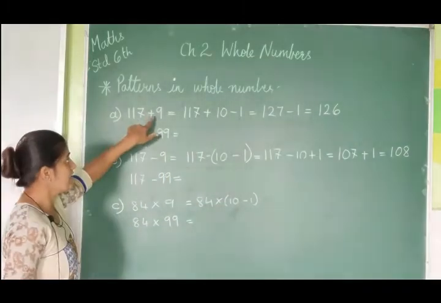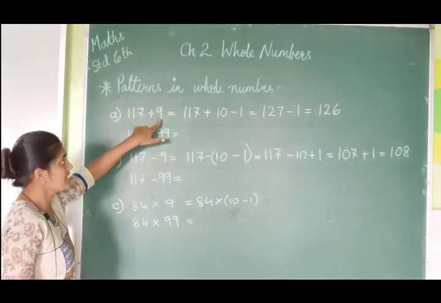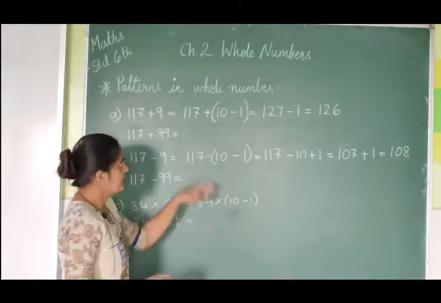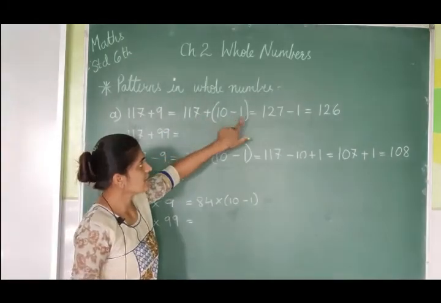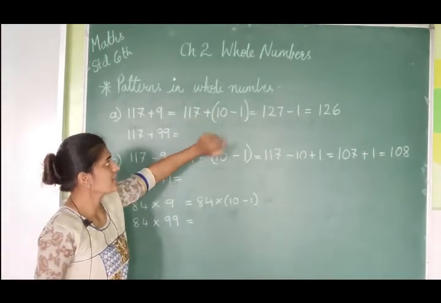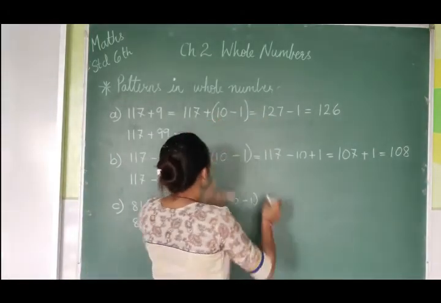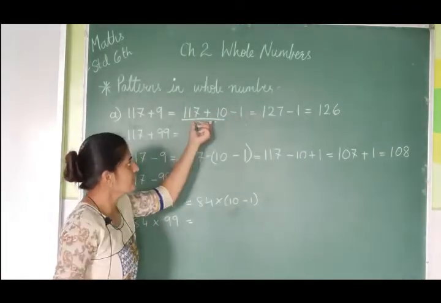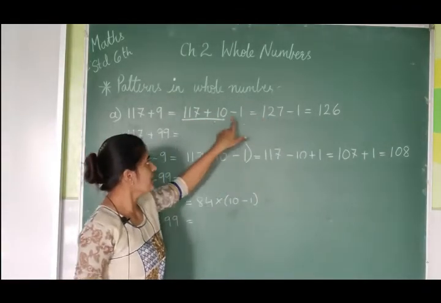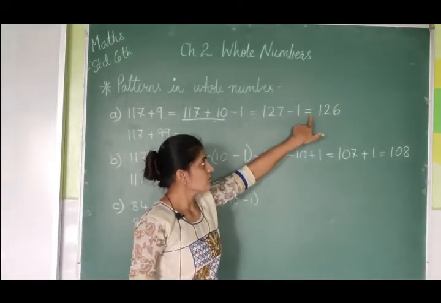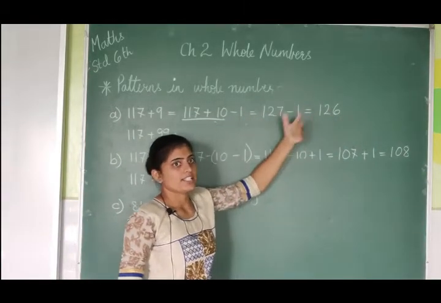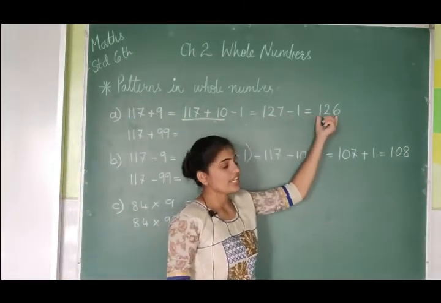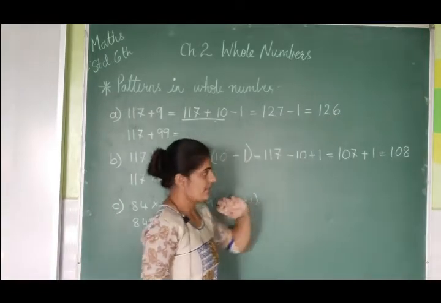Now 107 plus 9 is equal to, 9 can be written as 10 minus 1. After that 107 plus 10 minus 1. Then 107 plus 10 we can write down. Then what will be the answer? 117. After that minus 1 as it is we will copy down, so it will be equal to 116. Now directly we can add them, but through this method you can see that we can easily find out the answer. Now here next step,